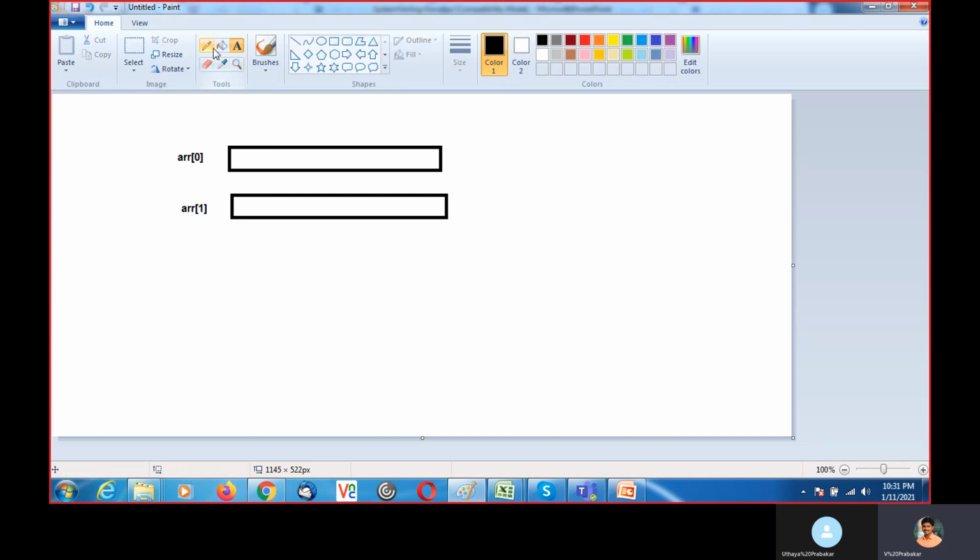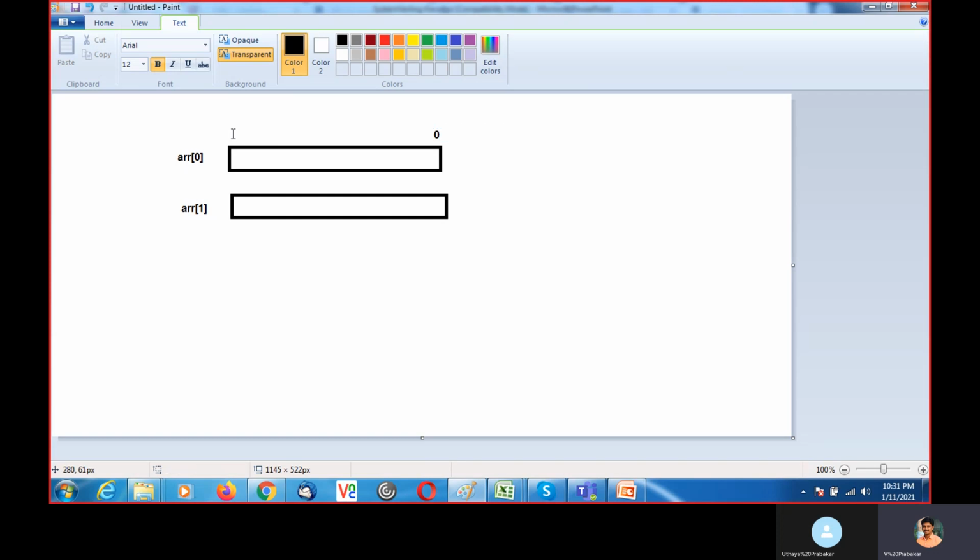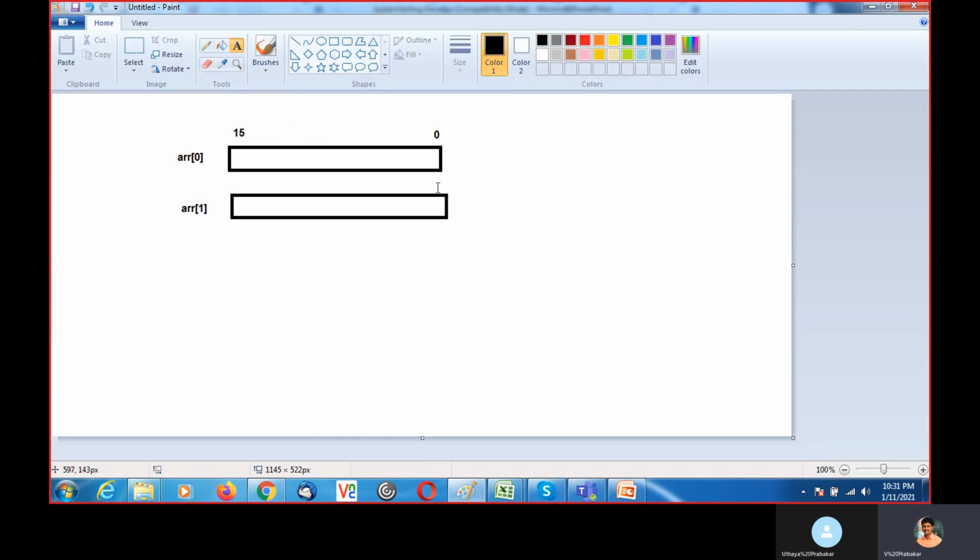Each consists of 16 bits from 0 to 15. This is also from 0 to 15. It is called unpacked format. Now, with the help of the streaming operator, I am going to make this a packed format.